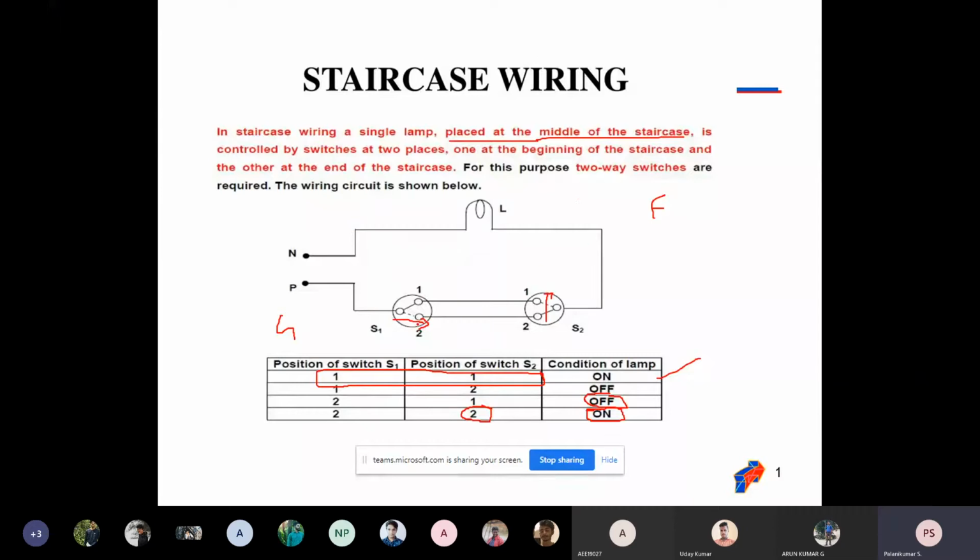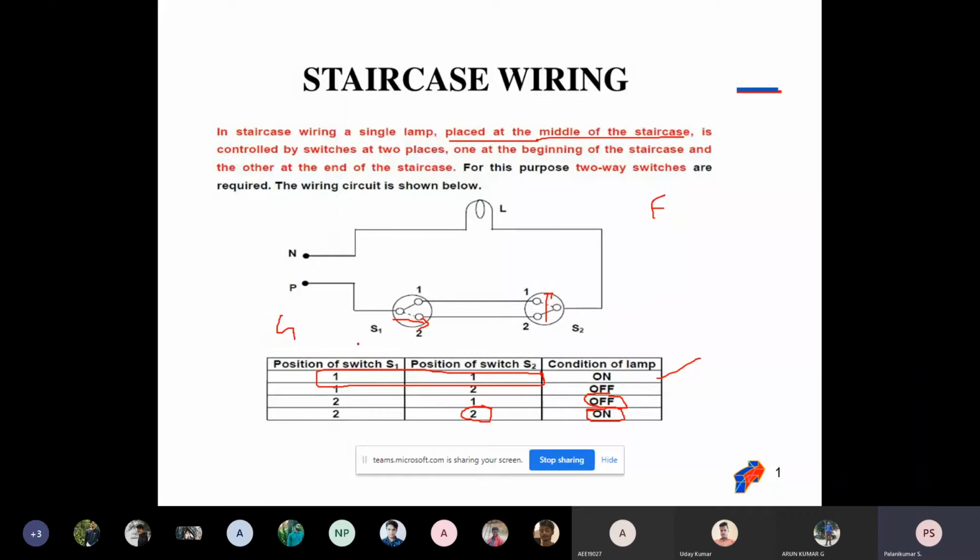So one person moves S1 to S2 going up. Then when he goes back, he will reset that. He resets the initial position, but he cannot reset S1. He will reset S2. So now it is an off condition. Another person coming will reset S1 only. So because of that, after he reaches there, he will change S2 also.